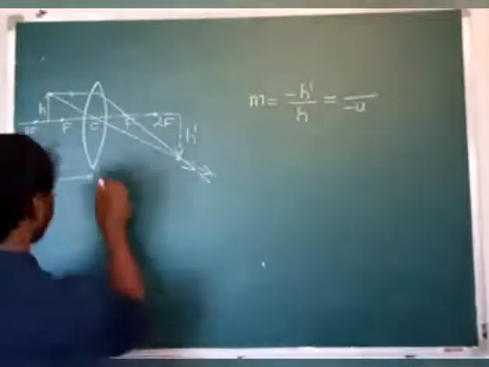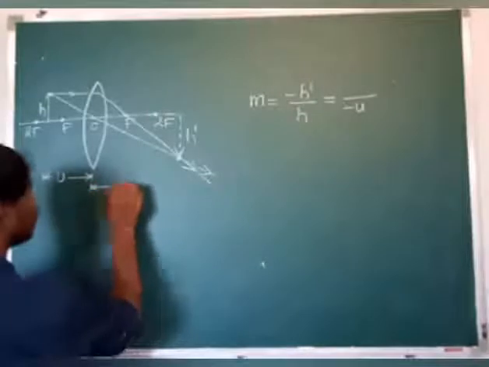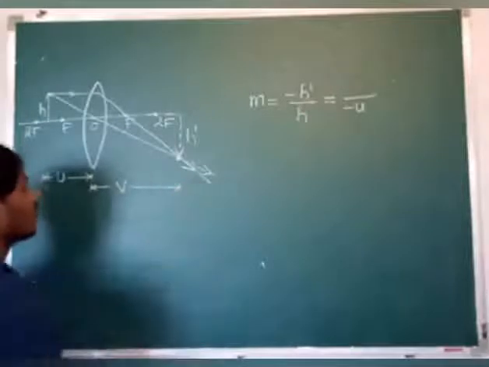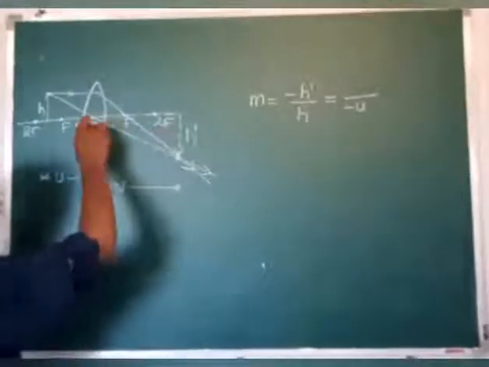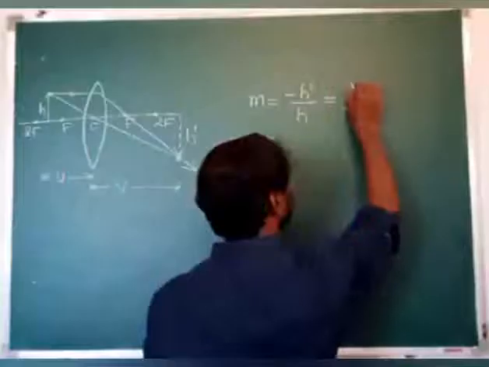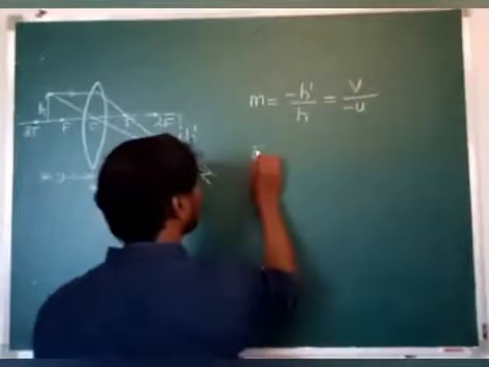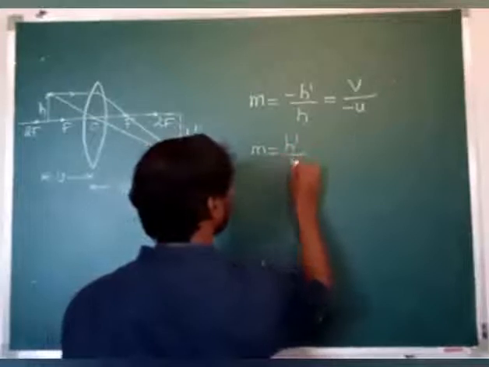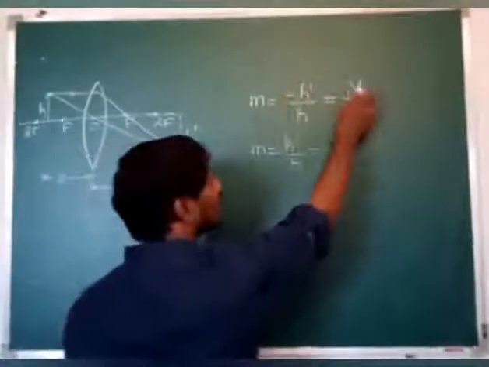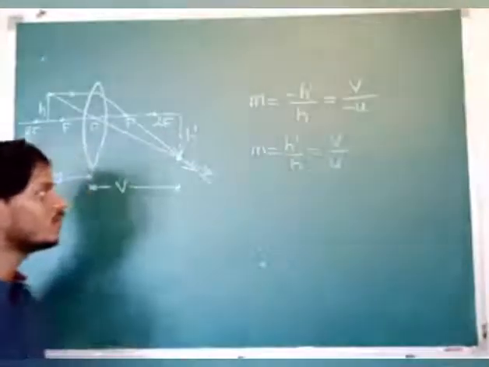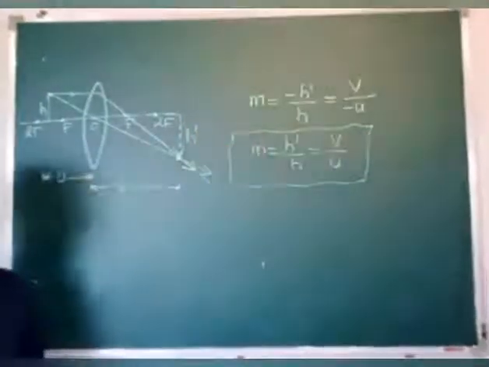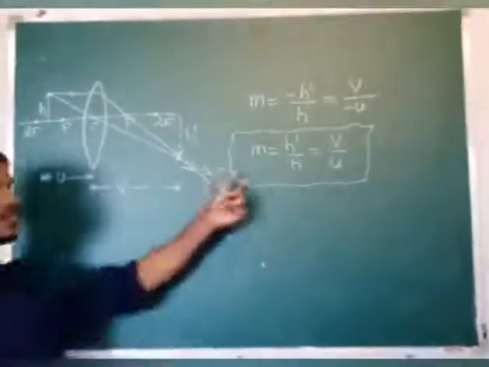Then what about image distance? Distance of the image measured from the optical center of the lens can be taken as positive here, because the distance of the image from the optical center and the incident light are both in the same direction. Then we are going to take positive, that is plus v. Okay. Then we can write in general m is equal to h dash by h is equal to v by u here, because I will take this minus sign to this side, then minus by minus is a plus now. Then it is the magnification produced by the lens. Okay, so it is the formula you have to remember.